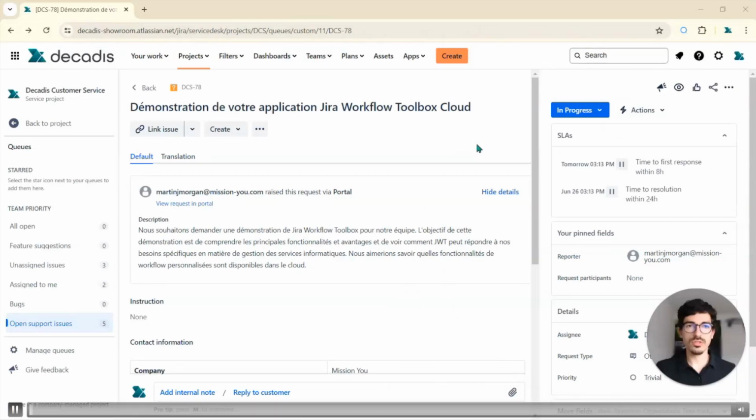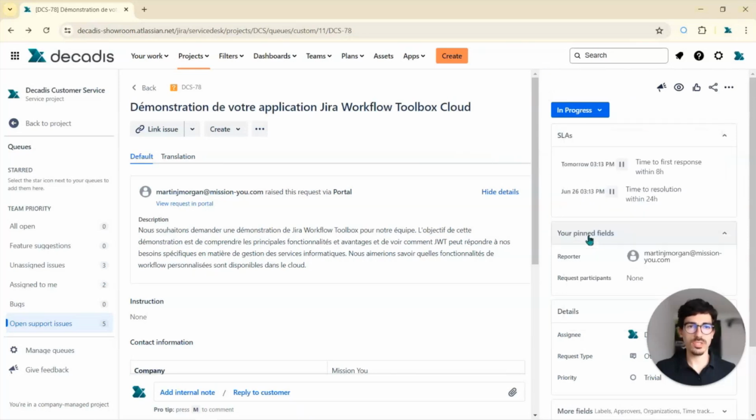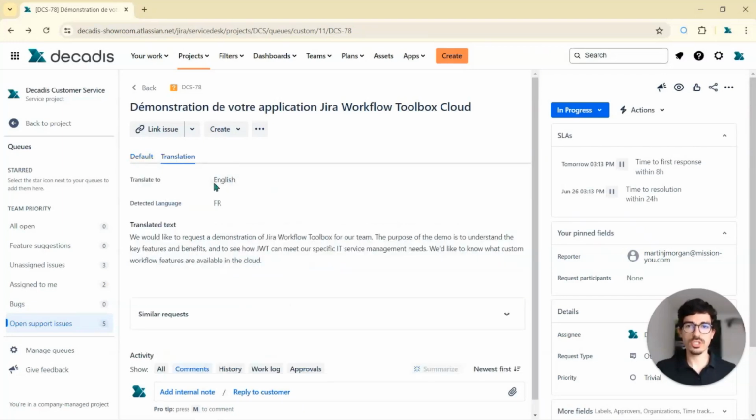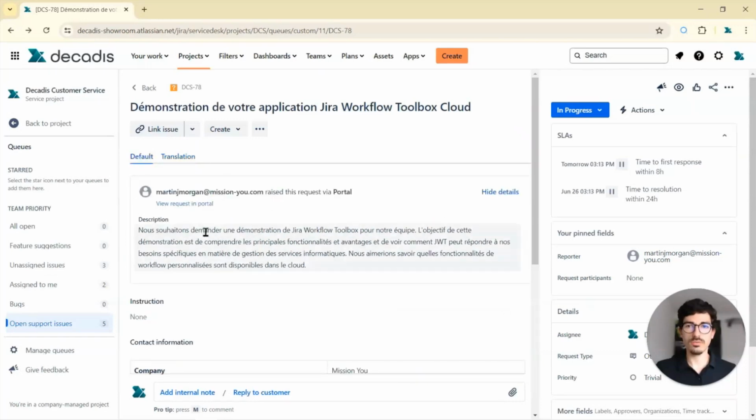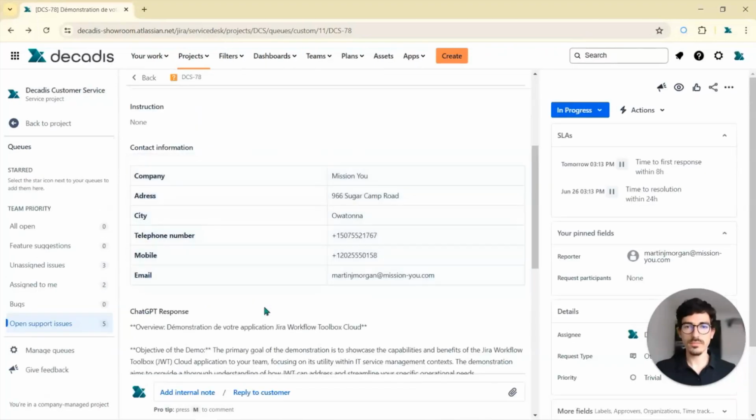To get some support to create a reply to this ticket, we can use ChatGPT. So let's go to Actions, click on ChatGPT, and this request will be now forwarded to ChatGPT, and the reply will be then available in this ticket as well. If we have, for example, in this case, a translated version, we check, and we'll see that later, if this field is filled, then we use the translated text to forward to ChatGPT. Otherwise, we use the description here. Let me reload the page. So here is the